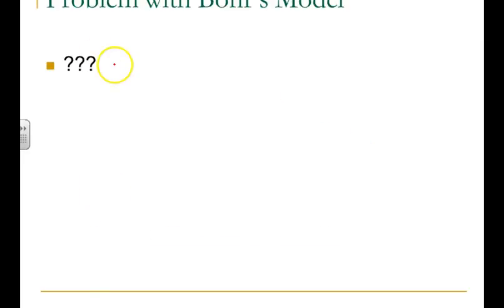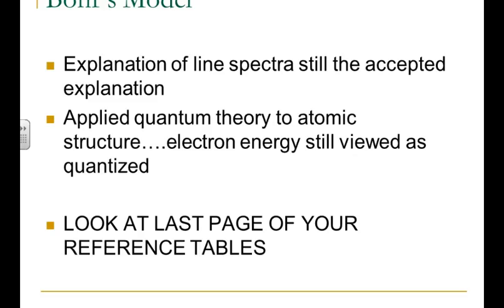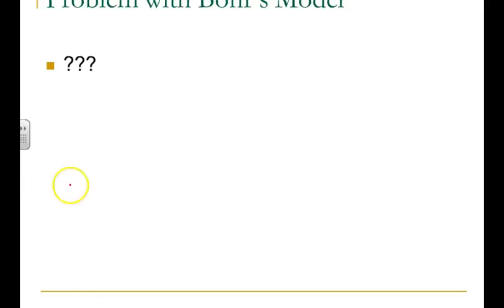Okay, so there were some problems with Bohr's model, but one of the problems was not the light. He was actually able to perfectly predict these spectral lines. He was able to perfectly explain the Balmer spectrum or the Balmer series and make predictions about others, and his model worked very, very successfully. However, there were some problems. The biggest problems